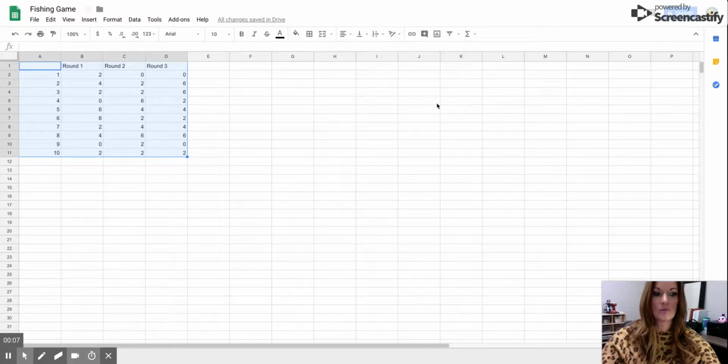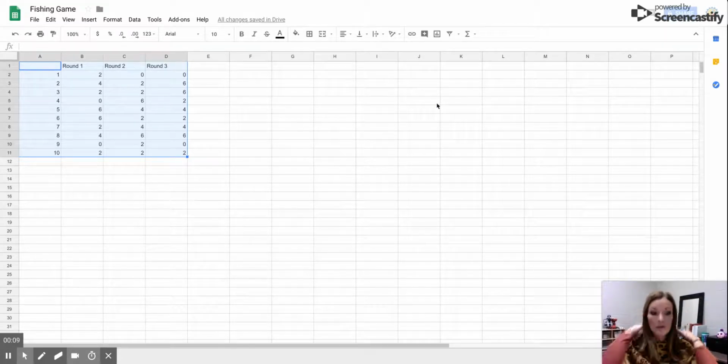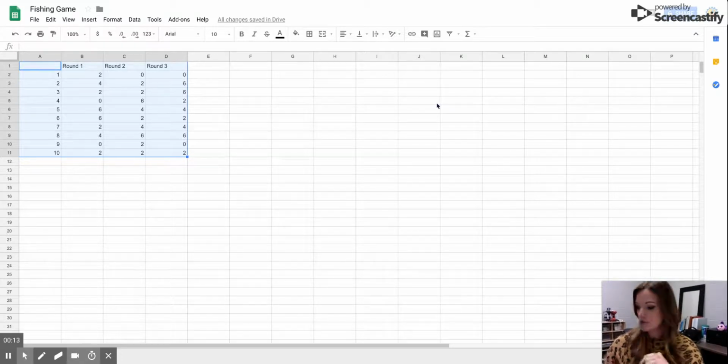Okay, so hey everybody. We did our fishing game activity in the atrium today, and you have your exit ticket that you took with you. I'm looking around for an example one, but I don't have one on my desk. Your exit ticket has the rounds and how many fish you caught and what you earned per day. So I'm going to show you really quickly how to use Google Sheets to create a